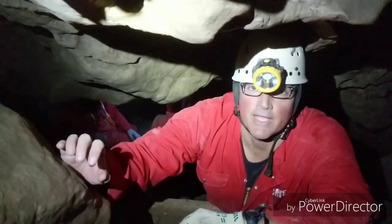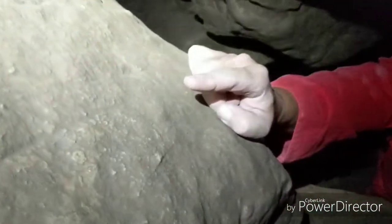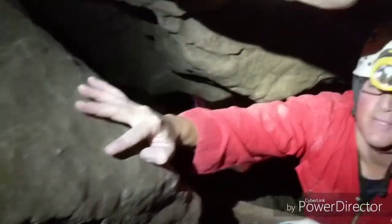Hi everybody, here in the next part of the cave. Now I'm going to show you a fossil. There's a crinoid fossil. Here it is right here. It's basically like a starfish on a stick. Now in the organism, the platelets were connected together by a ligament, and they stacked up on top of each other. And when the organism died, they fell apart, and they just resulted in this formation right here, the crinoid